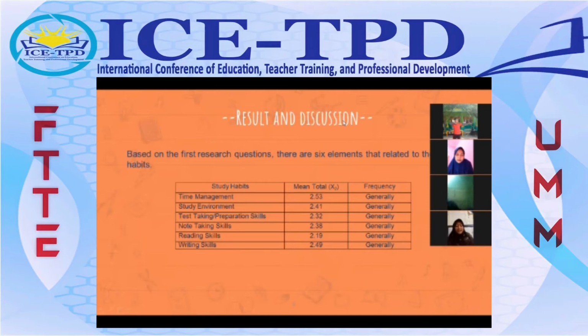In the test taking or preparation skills, the mean score was 2.32. It shows that respondents sometimes had good test taking or preparation skills. They sometimes studied for each class every day. They started to review the materials at least 3 days before a major exam. Some of them had a study group, so they could discuss and solve their problems in understanding the materials, and attended extra